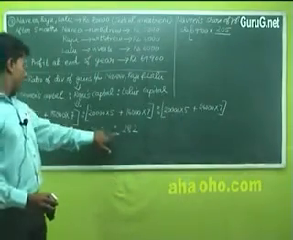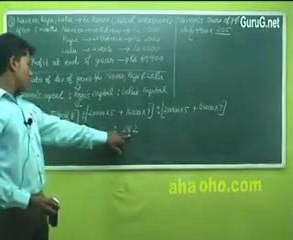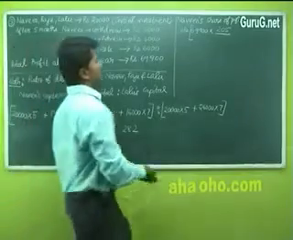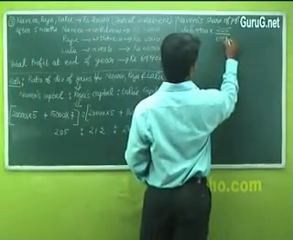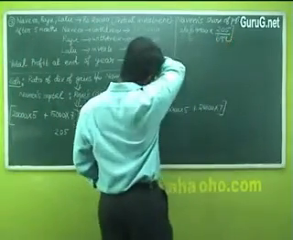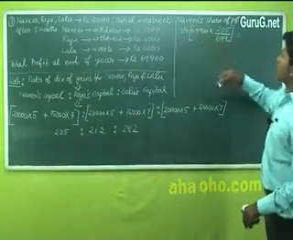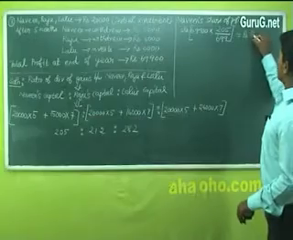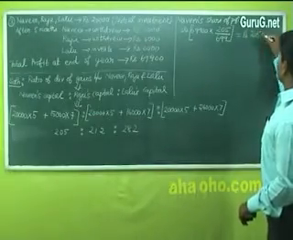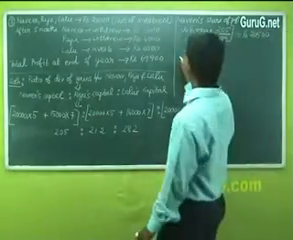200, 400, 600, 699. So 699, it directly goes. So rupees 20,500. Next, Raju's